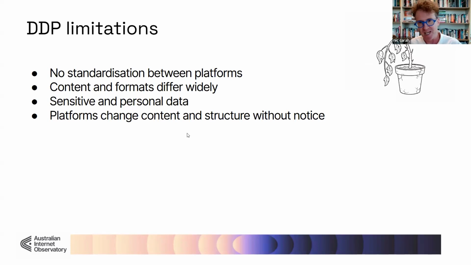There are a range of challenges and limitations of working with DDPs, so I'll highlight a few of them. There's no standardized way of providing DDPs among platforms. It would be wonderful if we had this, but platforms create all sorts of different conventions for providing DDPs, and even within particular platforms, they aren't very stable. If you take a platform like Meta, Facebook and Instagram are constantly changing certain categories in the data, and it can be a real game of cat and mouse to figure out why data is changing and what it means. So you get this huge variance both across platforms and within platforms in content and formats.